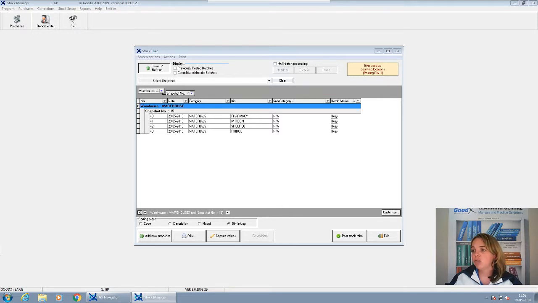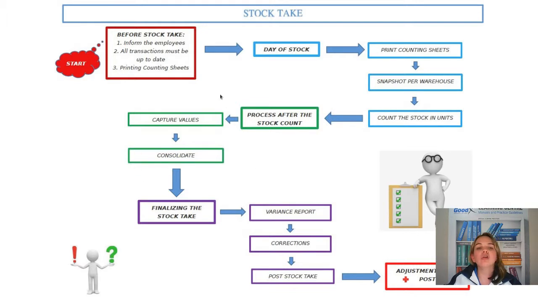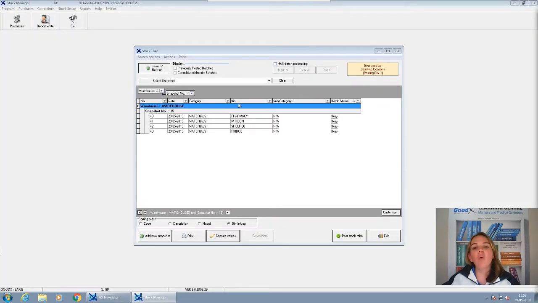Now, if you go back to the process flow, after you have captured all of your values, then you need to consolidate. Now, the consolidate is also per warehouse. The purpose of consolidate is to take all of these counting locations and consolidate them into the general bin. And from there, you can see the variance, because your general bin is your posting bin. That's where all your movement is lying. Okay. So what the system does now is it